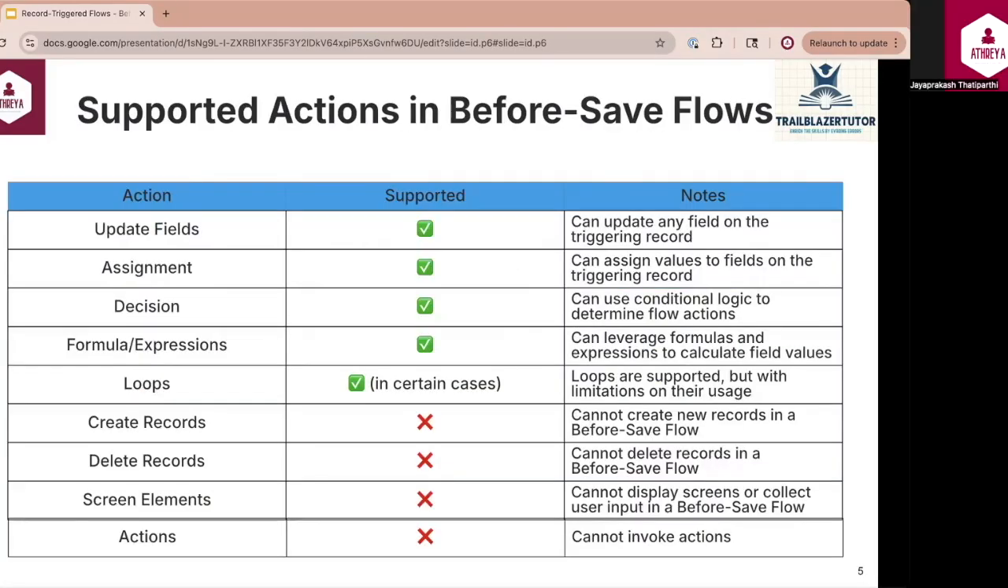In the previous slides, we explored the key characteristics of before-save flows, how they run entirely in memory, enable real-time automation, and are best suited for lightweight updates and decisions. Now let us take a closer look at the specific actions supported in before-save flows and also clarify what actions are not supported. On this slide, you will see a list of actions that are allowed in before-save flows. These include field updates on the same record without using DML, assignment elements to store or modify data in variables, decision elements to branch logic based on record conditions, formulas to calculate values dynamically, global constants and variables to drive logic or